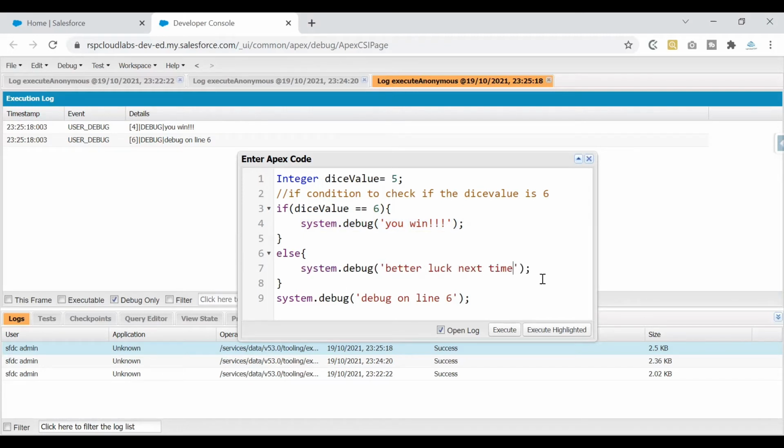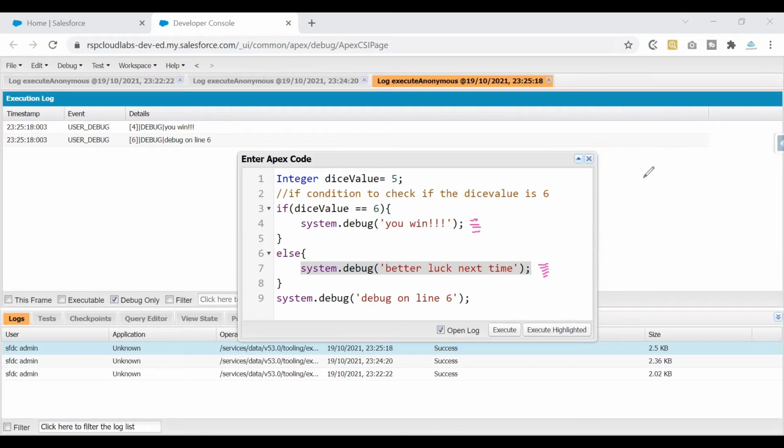Now if you see here, instead of not showing anything, we are conveying something to the users. So at times there would be scenarios where you need to execute a bunch of lines if this condition is true, and another set of instructions when the condition is not true. That is where you can use your if and else block. A simple example for this if and else goes like this.